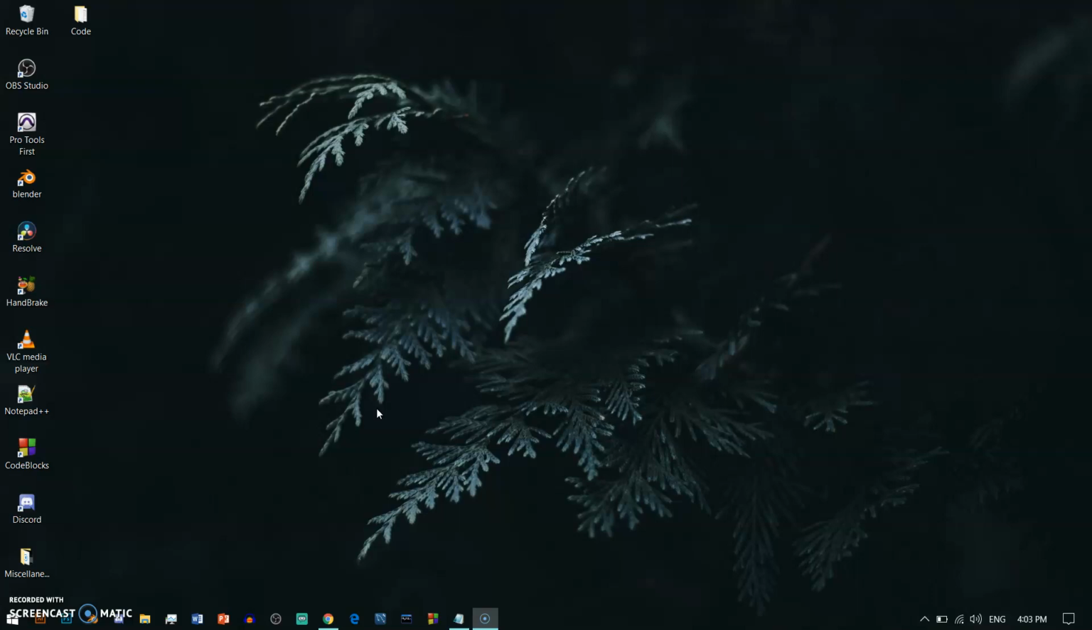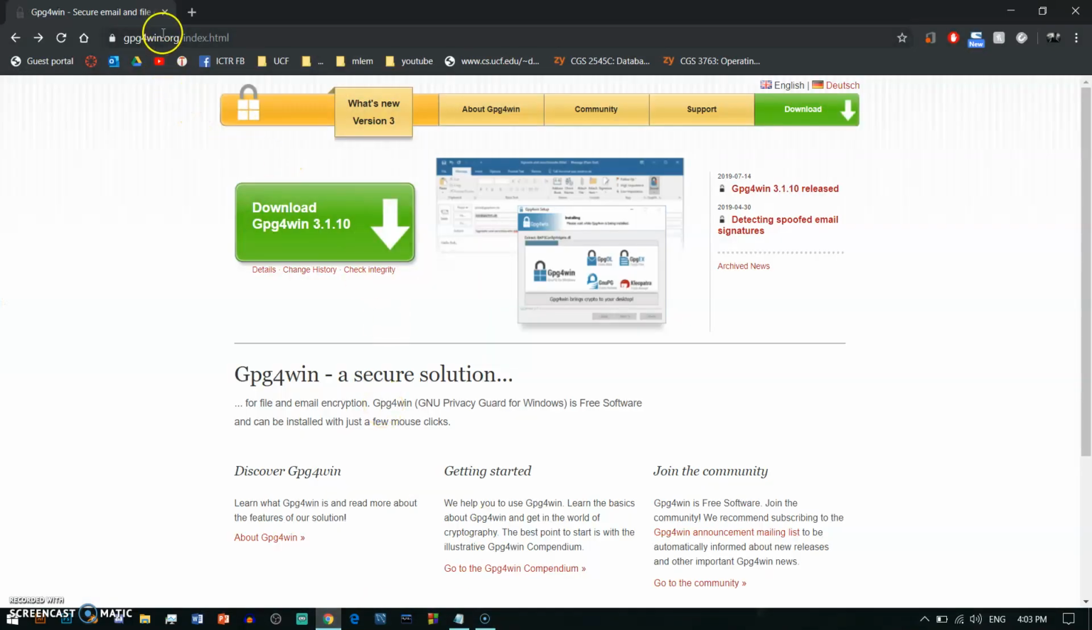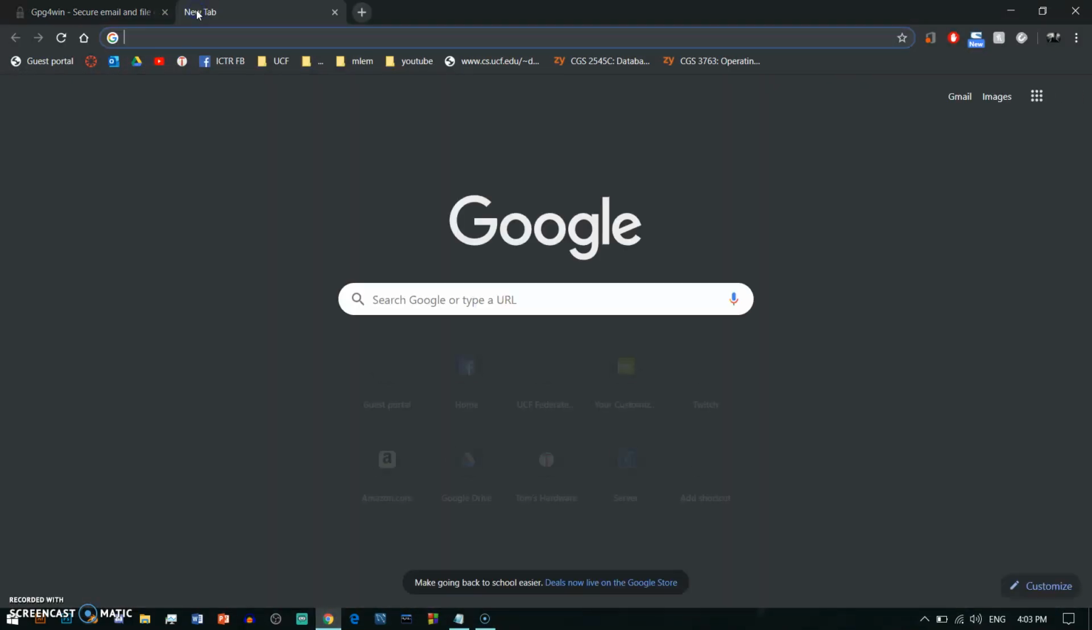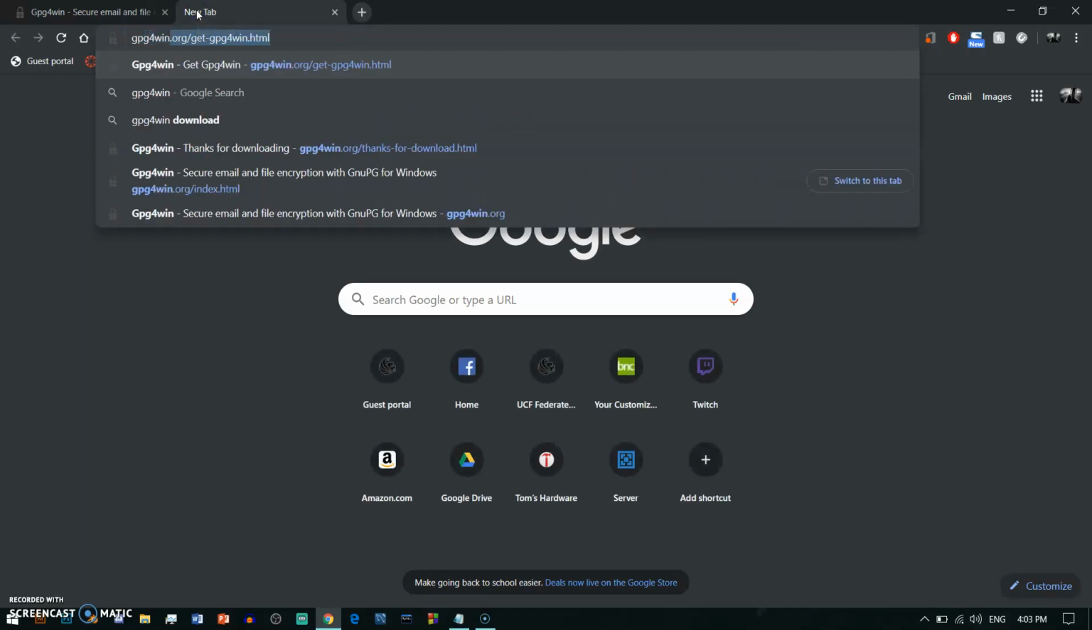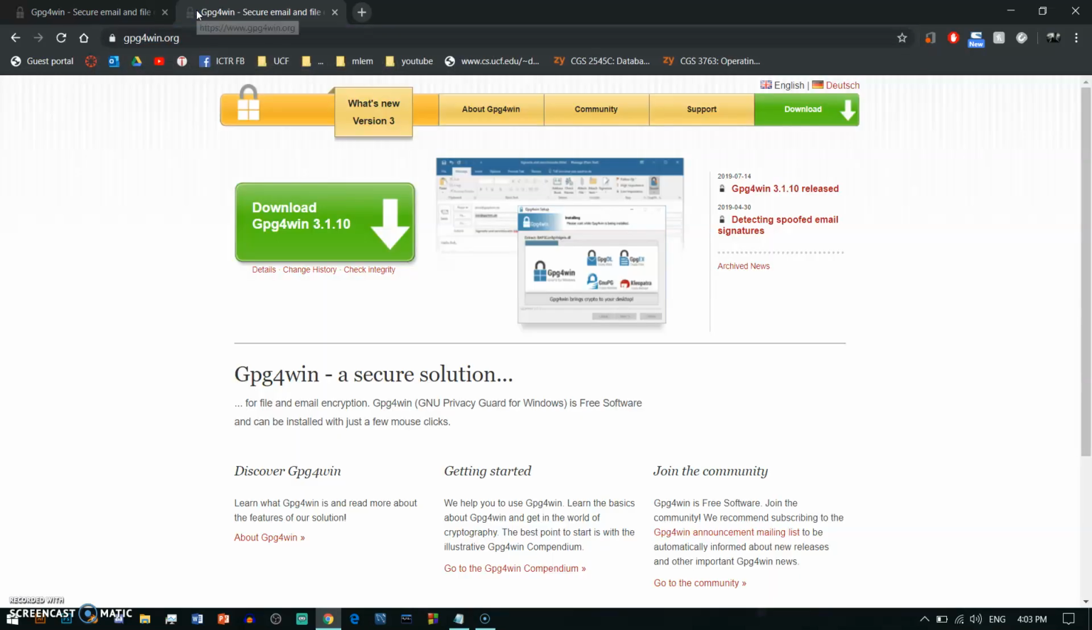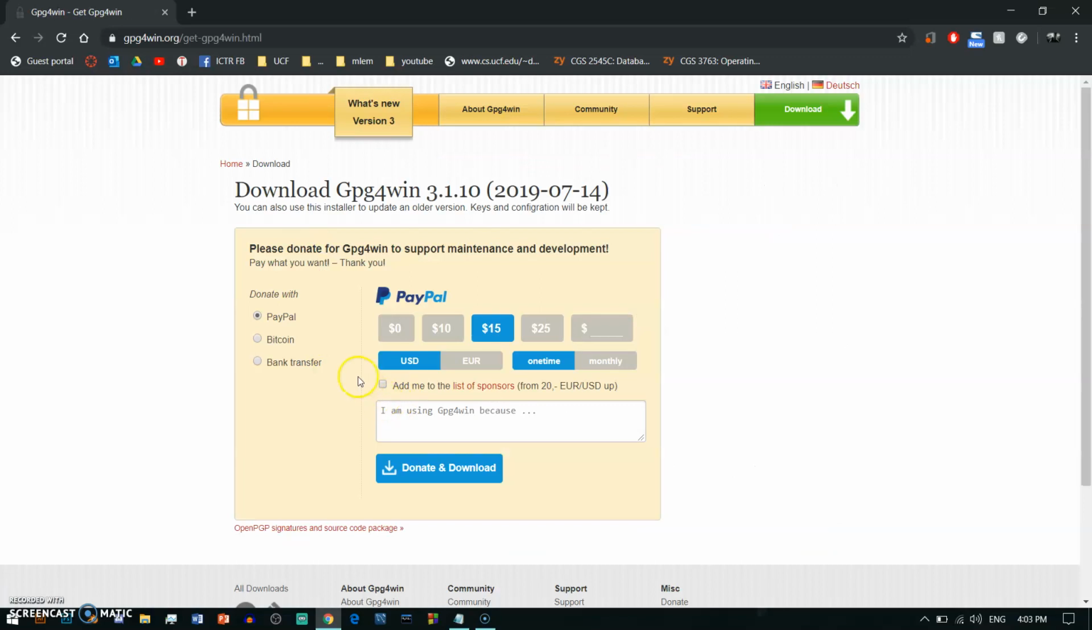So the first thing you should do is open up your web browser and navigate to gpg4win.org. So I'm going to do that. We're just going to search that, and it should bring you here. And so now what you want to do is download Gpg4win, and this is a